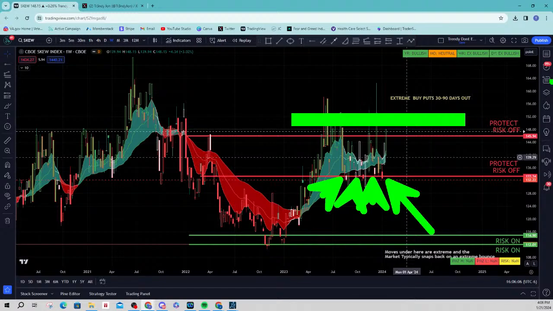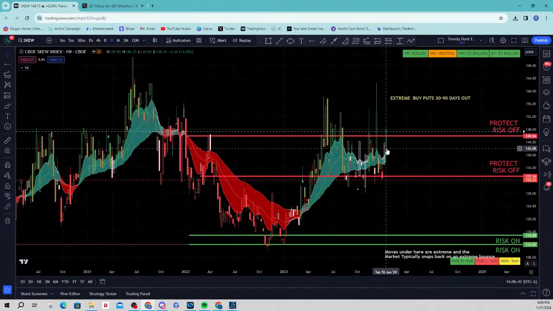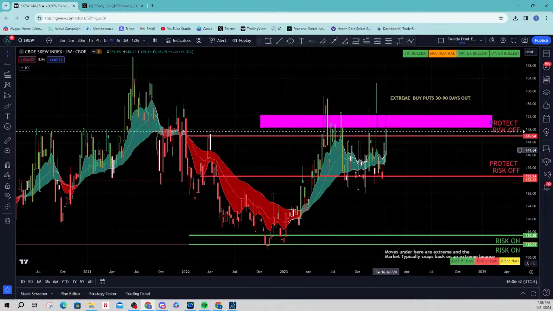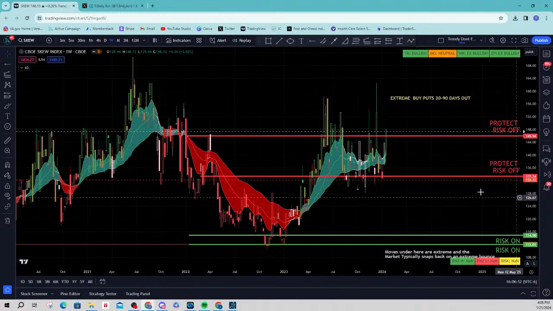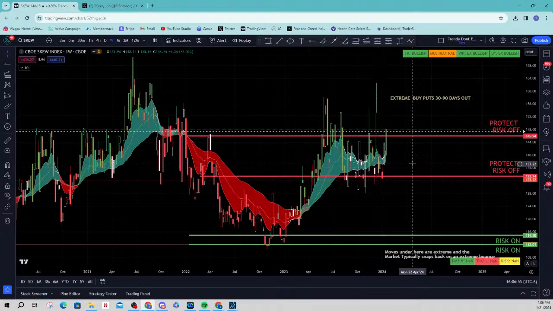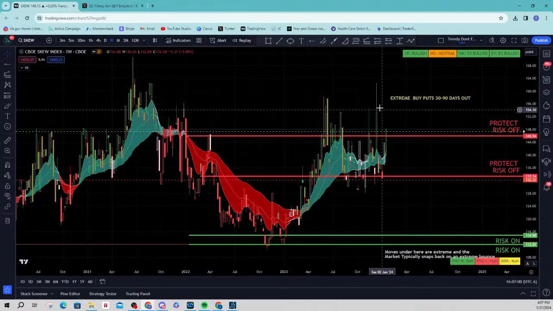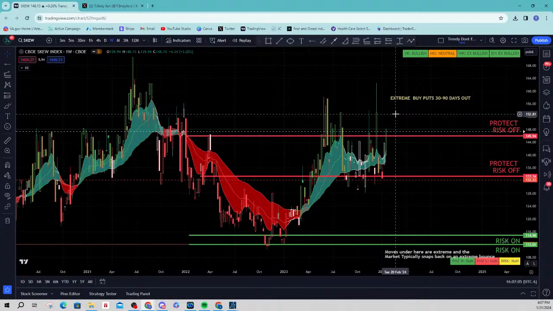But the more extreme levels are happening to the downside, okay, when this meter, if you will, if the skew reaches into this level. There's no doubt about it. If you guys were to put a SPY chart behind this, you'd see exactly what I'm talking about. You would see that the SPY, the Qs, whatever, once we come up into this range, it is a good time to start thinking, okay, a little bit of caution. But again, guys, as a disclaimer, I'm not a financial advisor. What I'm telling you is this: these are the things that I see. And when we come down here, it's a great opportunity for me to be looking at the long side.